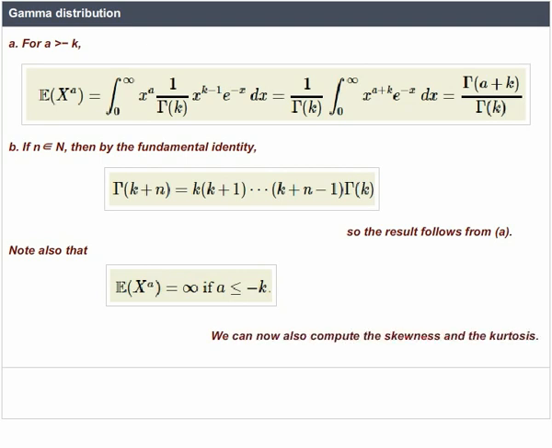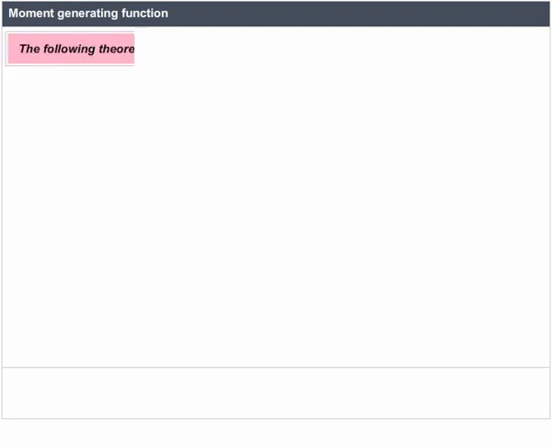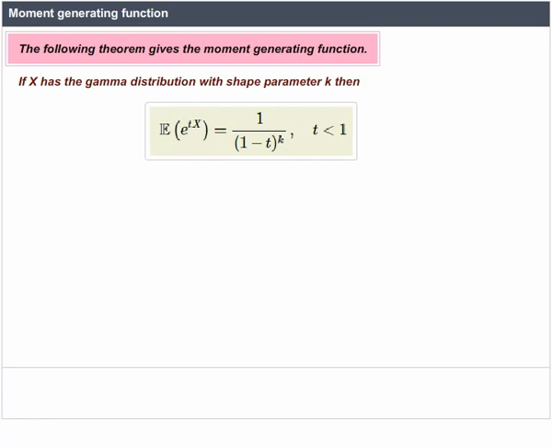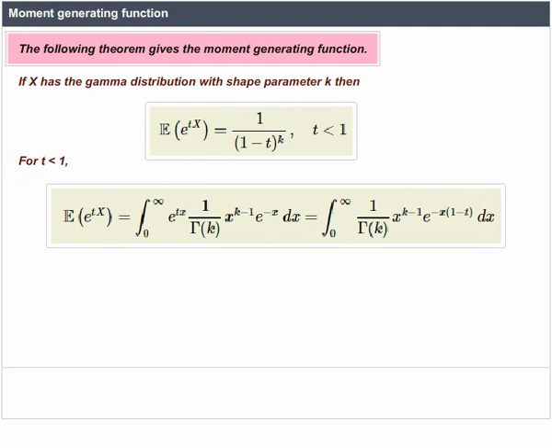Moment generating function. The following theorem gives the moment generating function. If X has the gamma distribution with shape parameter k, then E(e^(tX)) = 1/(1 − t)^k, for t < 1. For t < 1, E(e^(tX)) = ∫ from 0 to ∞ of e^(tx) · (1/Γ(k)) x^(k−1) e^(−x) dx = ∫ from 0 to ∞ of (1/Γ(k)) x^(k−1) e^(−x(1 − t))